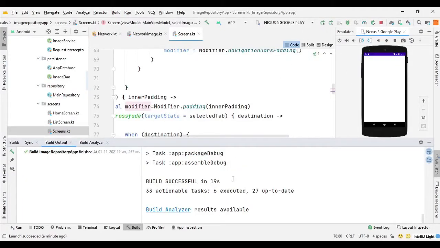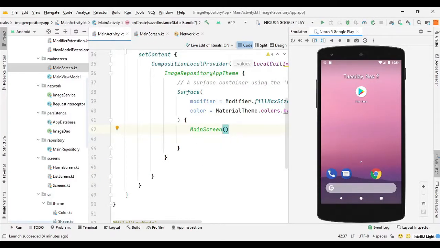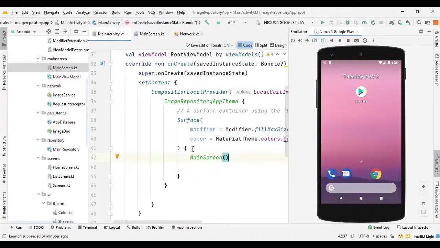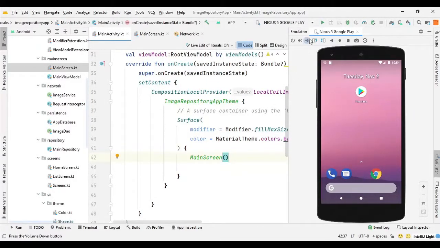and it did not run again. So after doing some debugging and testing, I realized that I forgot to call this main screen in our main activity. So that's why we could not get anything on our screen. So let's just call the main screen in the onCreate function in main activity, and then we can run the app. So let's do it. And it has been installed and is about to launch, so we will see.